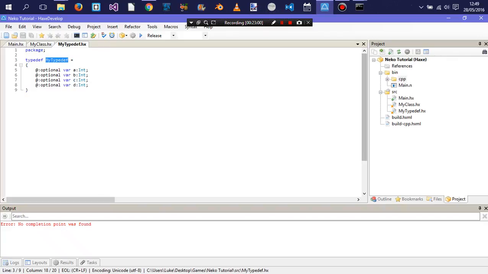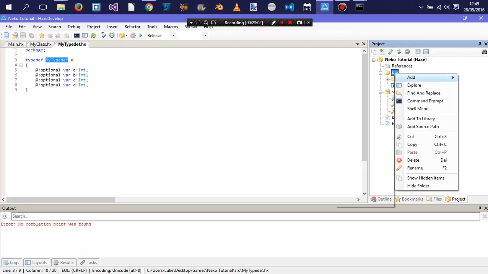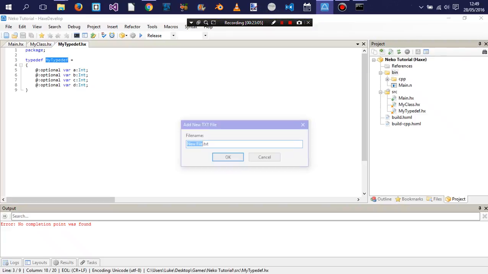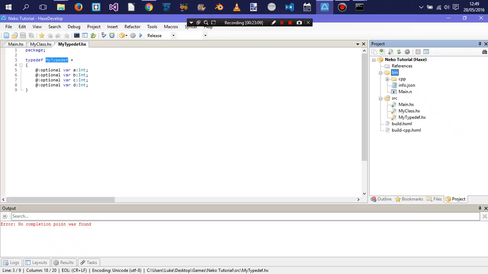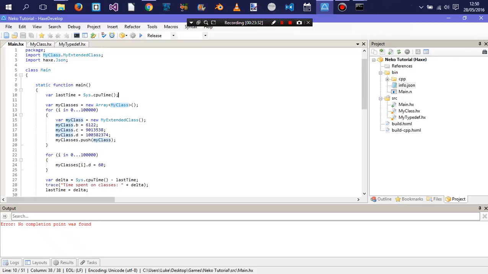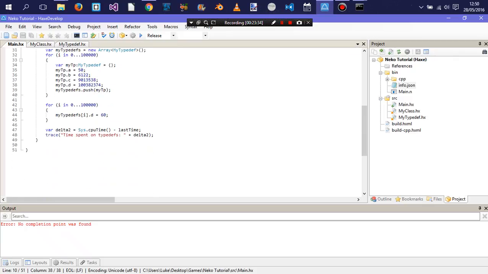So if I had, for example, in my bin folder a text file, and I called it info.json, right? And in that JSON file, what I did was I had an array, and I had A in 1, which is 5, B as another, which is 10, C 15, and D 20, right? So I saved that, and then in my main, what I can do is if I get rid of all of this,